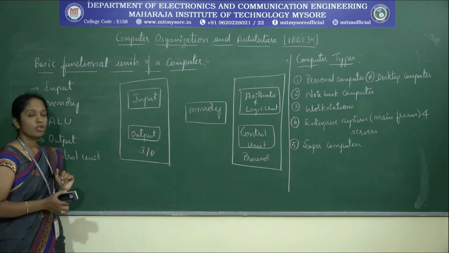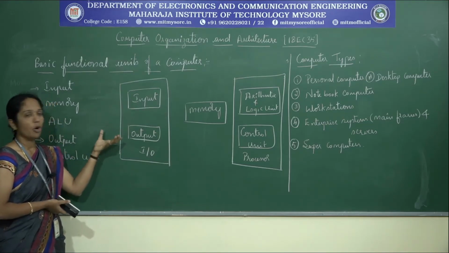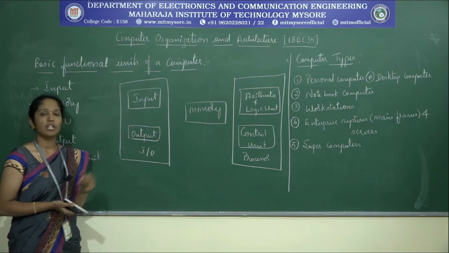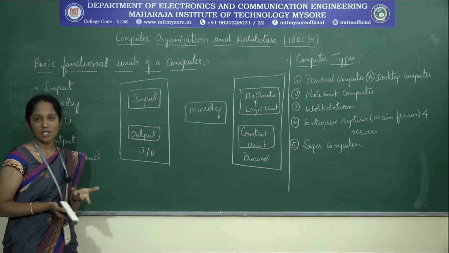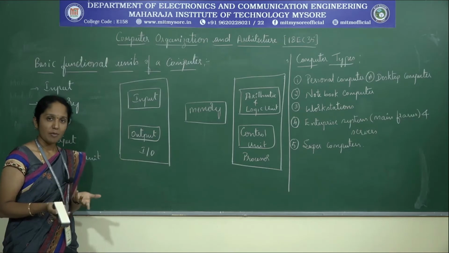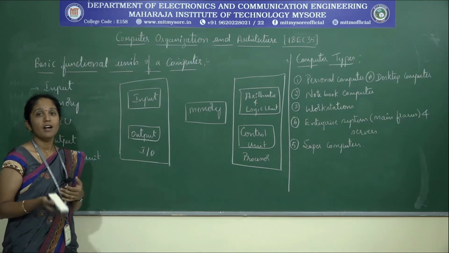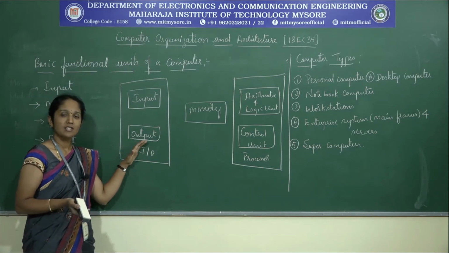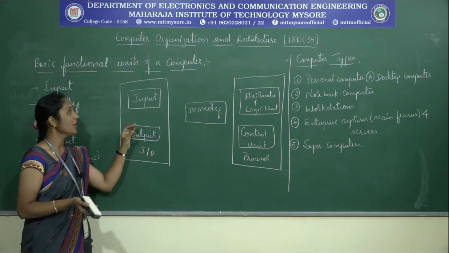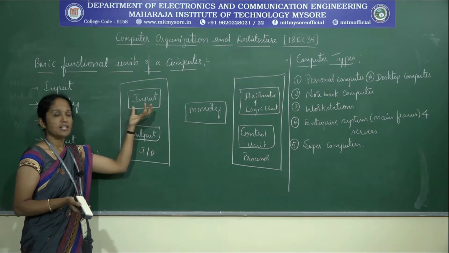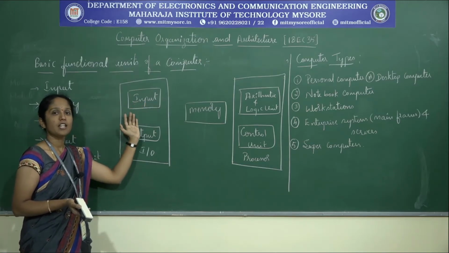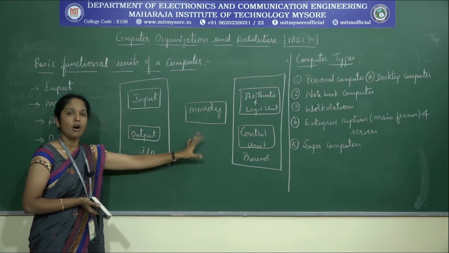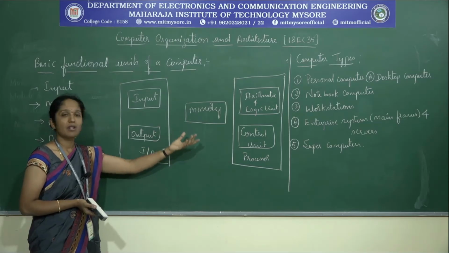So now let us understand how the communication happens between these functional units. Initially we have input. Input is a device which accepts the input information, which may be from a human operator or from another computer, in digital form. The computer is able to understand only the digital form of information, that is either 0 or 1. Therefore whatever input we give will be accepted by the input device, and that information will be given to the memory. It is going to store the data and it will be available whenever required.